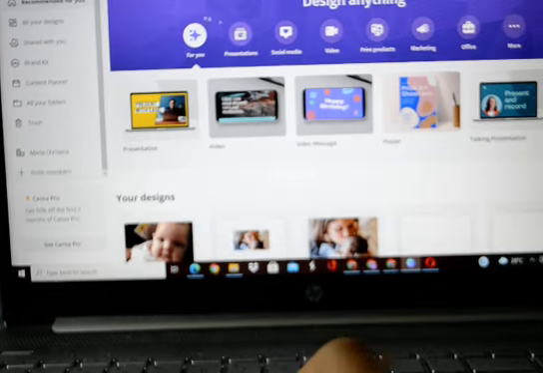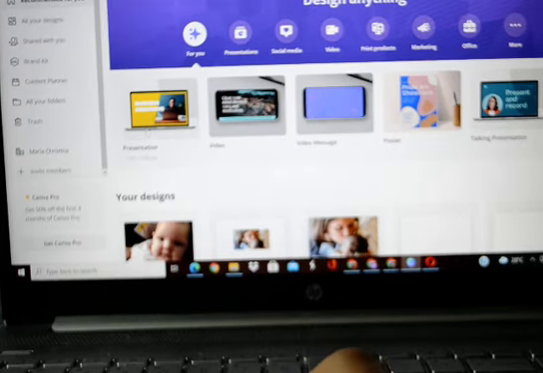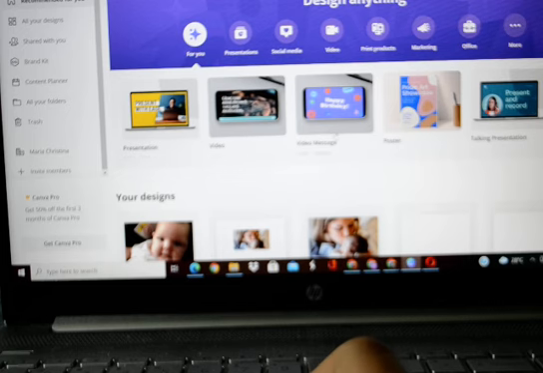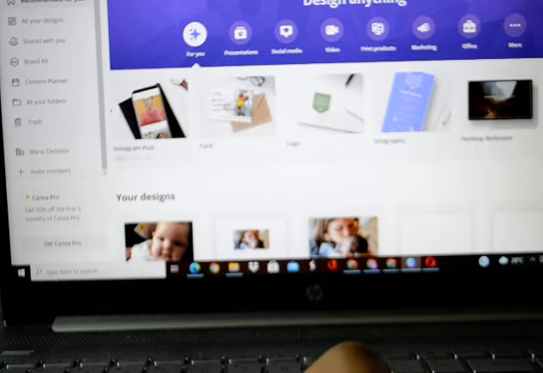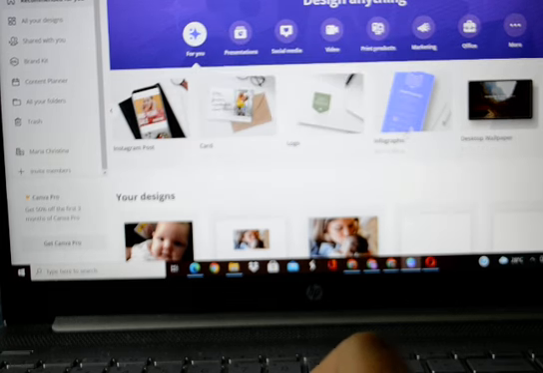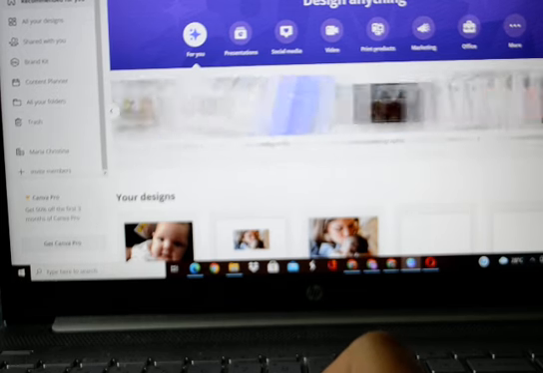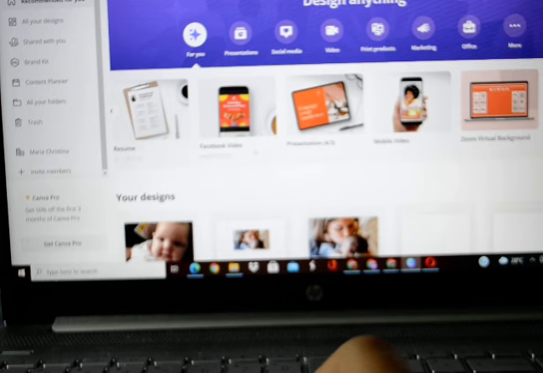So in here you can choose which design you would like to have: presentation, video message, or poster, talking presentation, Instagram post. There's a lot of things here you can choose: card, logo, infographic, desktop wallpaper, resume, anything you would like to present. Resume, Facebook video presentation, mobile video, Zoom virtual background, banner,